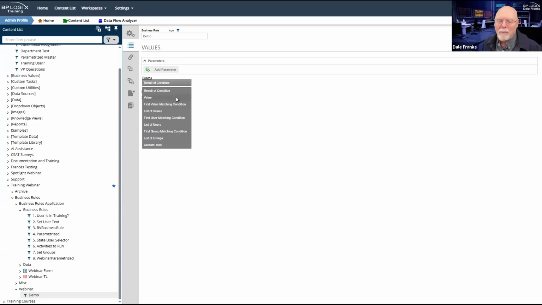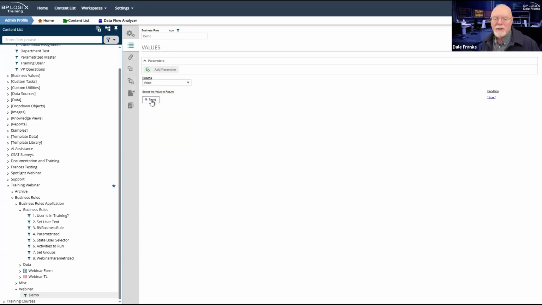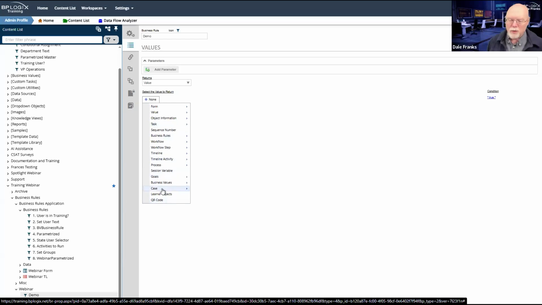It's all cool, but where we really get into interesting stuff is our ability to return values. Now, when you set value, you basically can pick a value to return. It can also be a manual value.